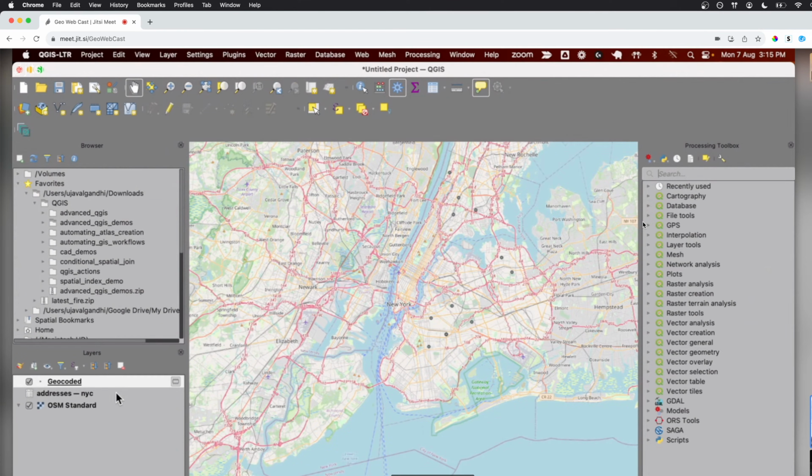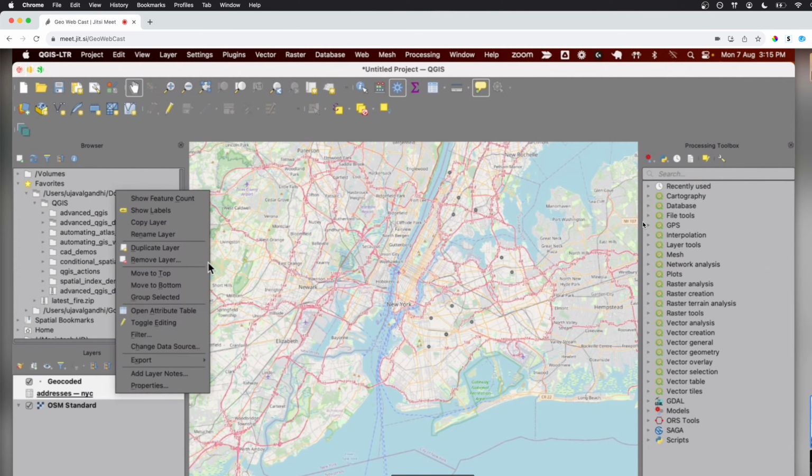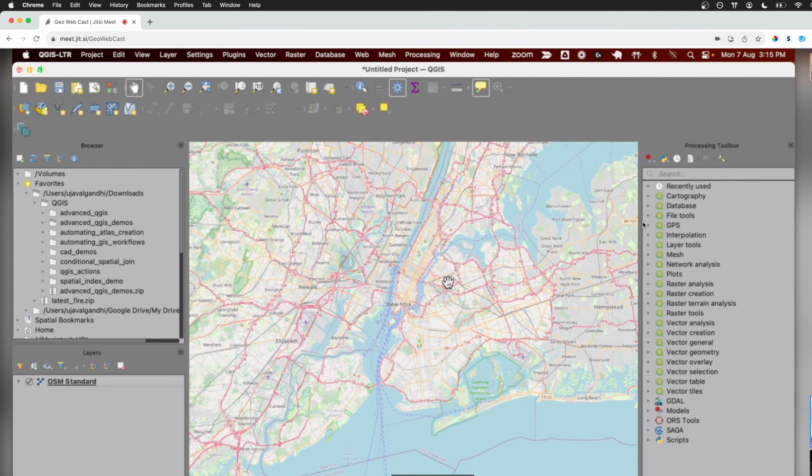Another thing that sometimes is kind of interesting is the toolbox also contains some cartography tools. One of the areas where I've seen people doubt QGIS is that you can't create beautiful maps or beautiful cartography, and it's exactly the opposite. QGIS has some amazing cartography tools which other software don't have. So as an example, I want to show you.